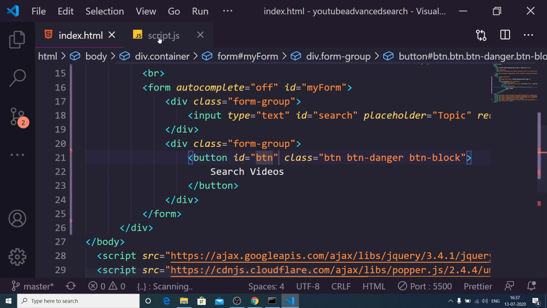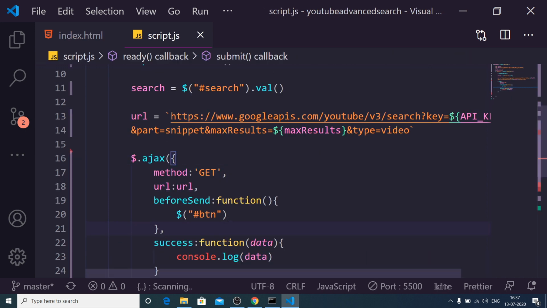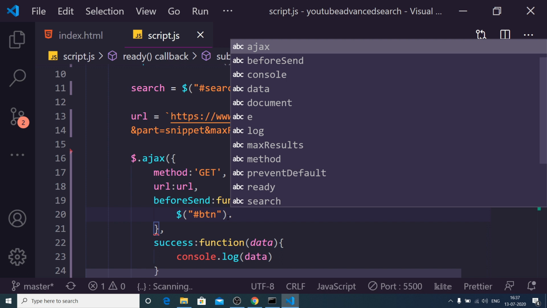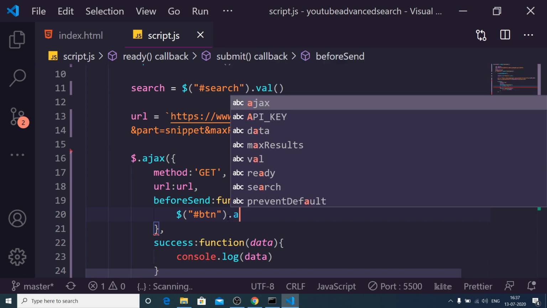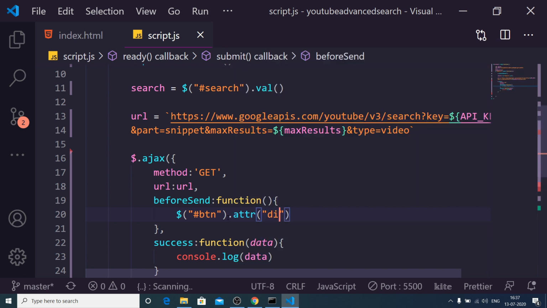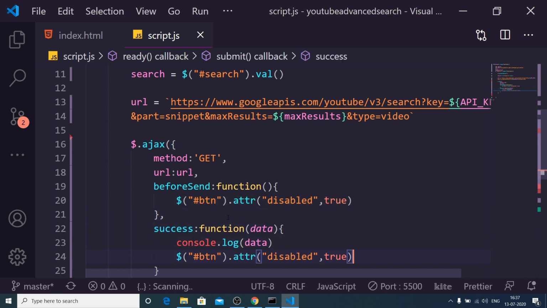Since we can target this inside jQuery, btn, and here we can disable the button by having the attr method, passing disabled as true. This will disable the button, and once the success callback is called, we need to enable the button again. So after the console log data statement, we can make this false.